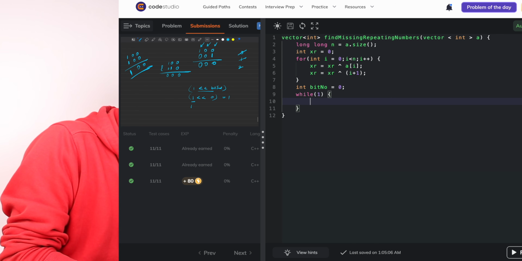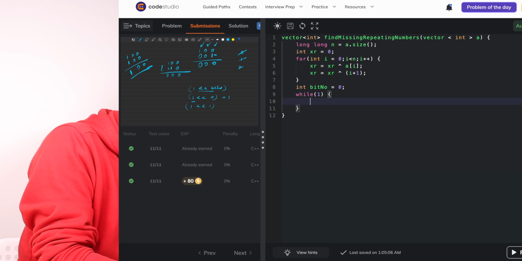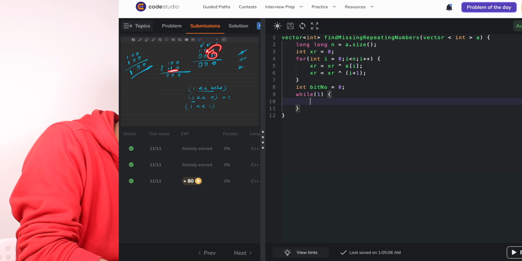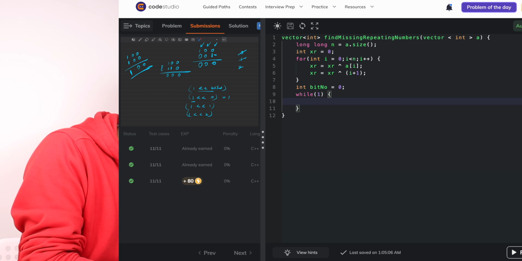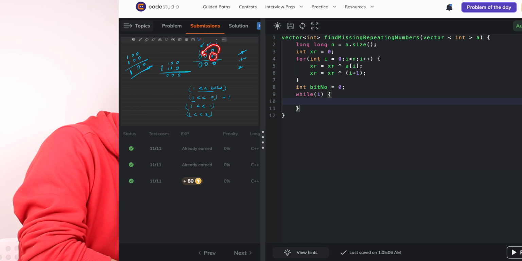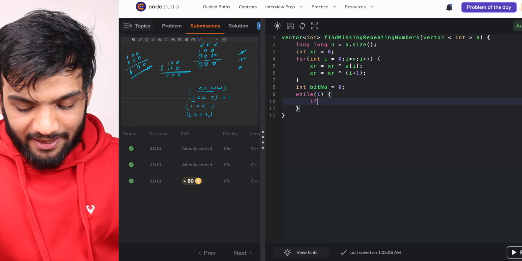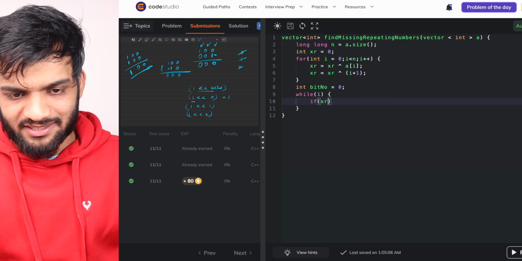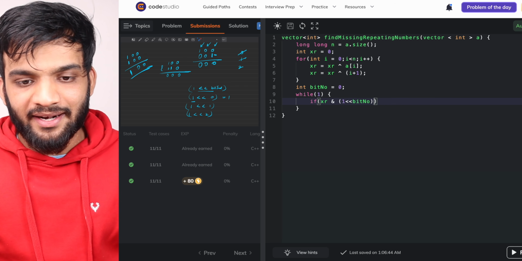If you say 1 left shift of 1 time, this 1 will be left shifted by 1 and it will come over here. Next, if you say 1 left shift of 2 times, this 1 will be left shifted by 2 and it will come over here. I found 1, 0, 0. So what you will do is you will say, if the number XOR and of 1 left shift of bit number is non-zero,